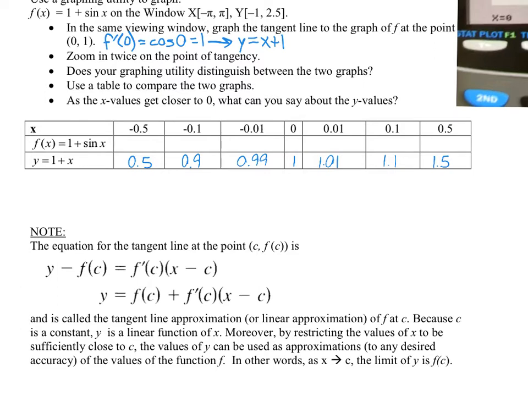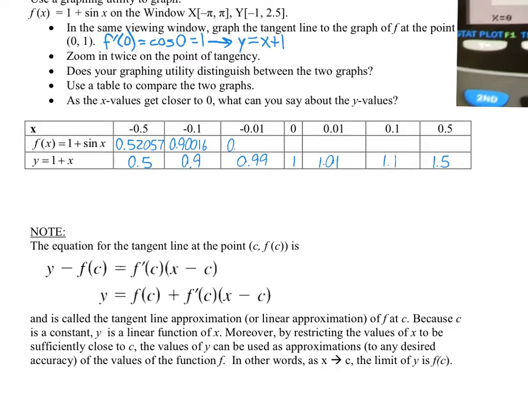If you just hit trace, you can type in different values. So I'm going to trace on that 1 plus sine x. If I do a negative 0.5, I get 0.52057, okay? If I put in a negative 0.1, I get 0.90016. And so on. If I put in a negative 0.01, I get a